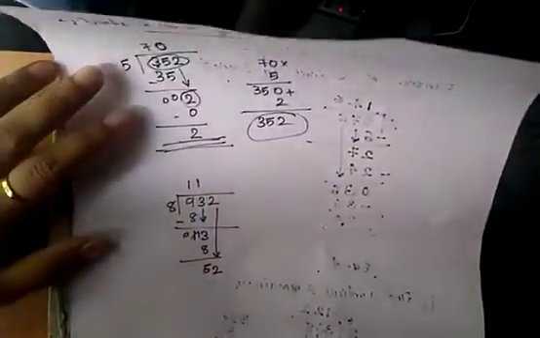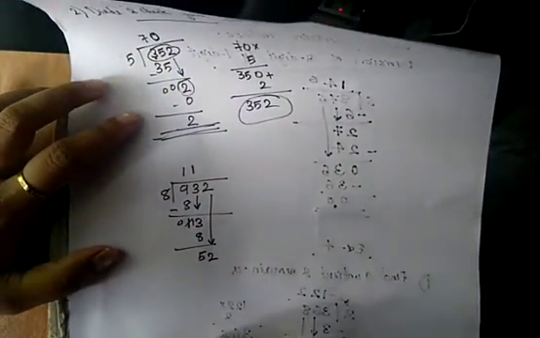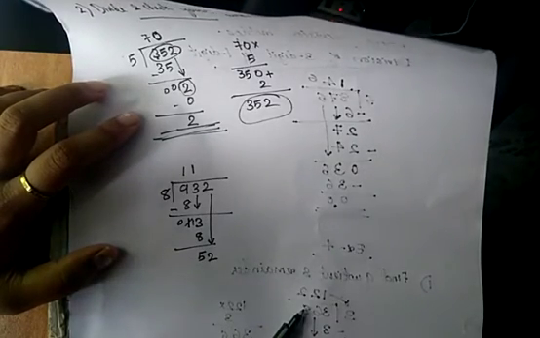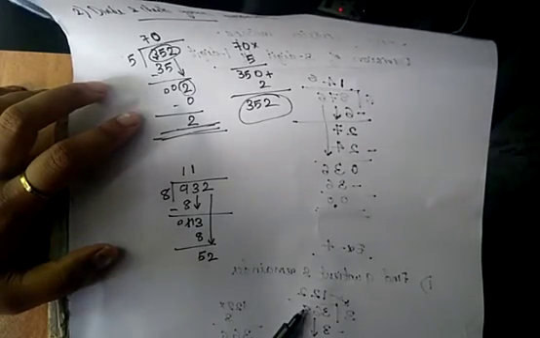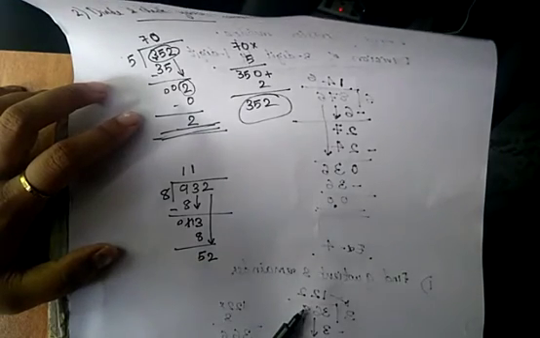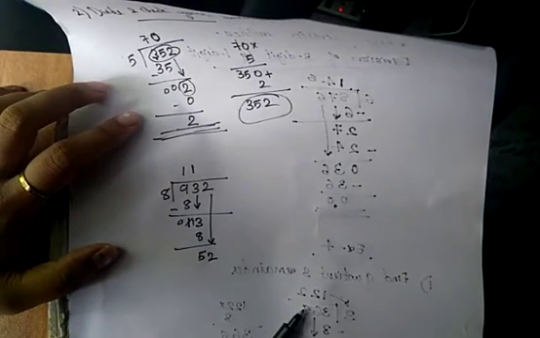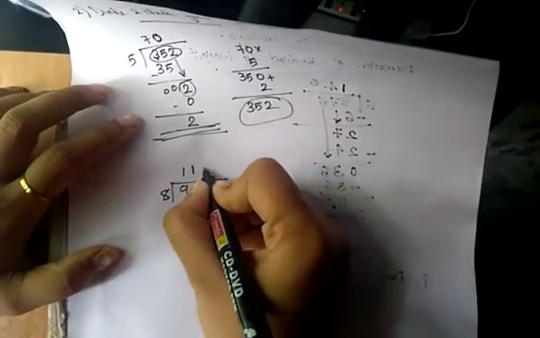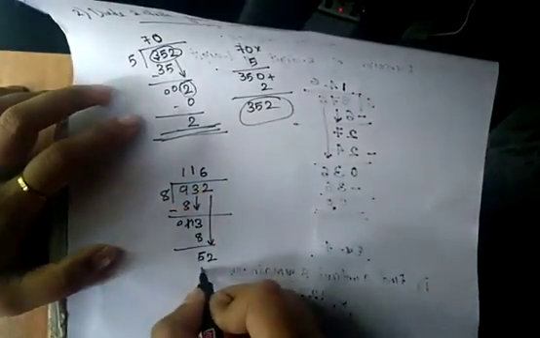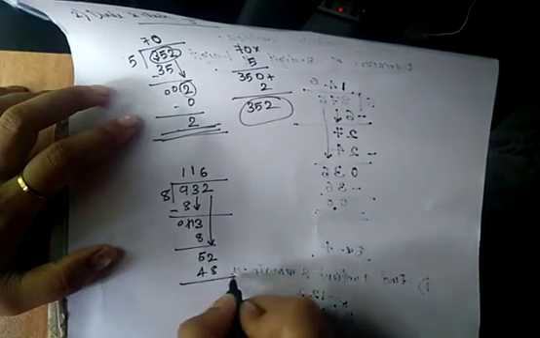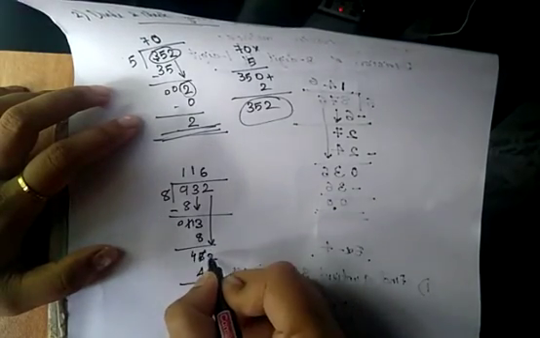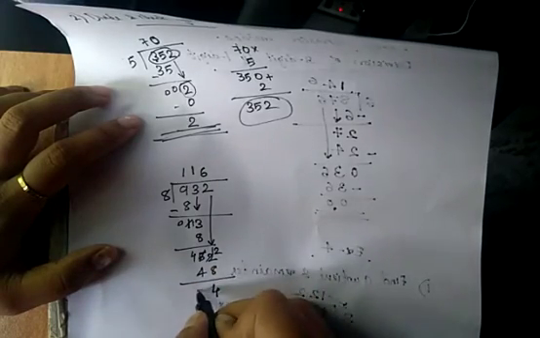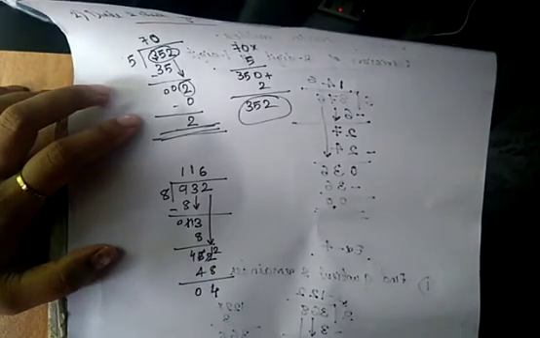ഇനി എത്ര 8 ഉണ്ടെന്ന് നമുക്ക് നോക്കാം. 52ൽ എത്ര 8 ഉണ്ടെന്ന്. So you can write the table of 8. Look at the table of 8. 8 ones are 8, 8 5s are 40. You know that. 8 6s are 48. 8 7s are 56. 56 ഇവിടെ ഇല്ലല്ലോ അല്ലേ? അപ്പോൾ എന്ത് എഴുതാൻ പറ്റും? 8 6s are 48. Now you will subtract. Here you have 4. This will become 12. 12 minus 8 is 4. 4 minus 4 is 0. So you have a remainder 4.